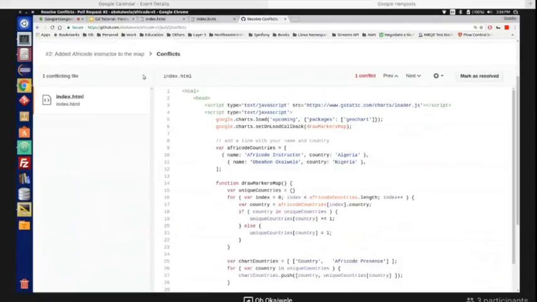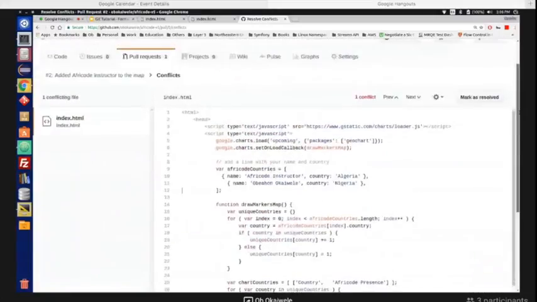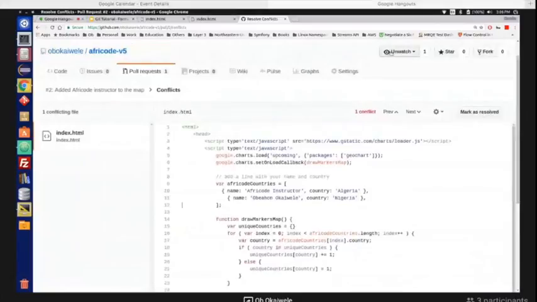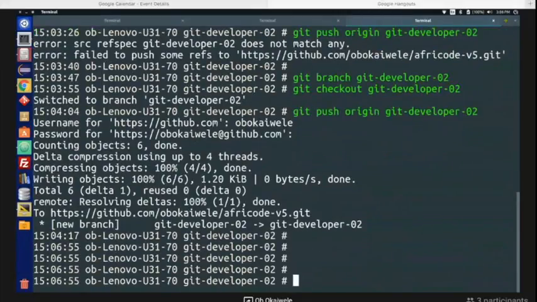So I'll also go through that. If we make it in the web editor, we can just save the changes and mark it as resolved. But that's not what I want to demonstrate. I want to demonstrate how to do it through the command line, in case you have a lot of changes. If it's just one change, it's easy to do it in a web editor, but say there are 200 lines or 1,000 lines, how do you resolve that? So to do that, the first thing we need to do is to get the changes